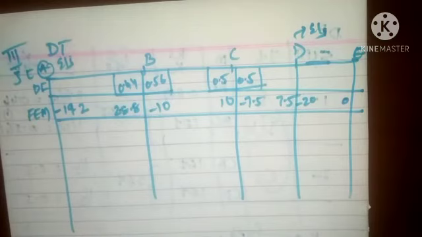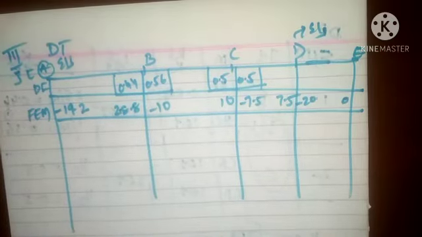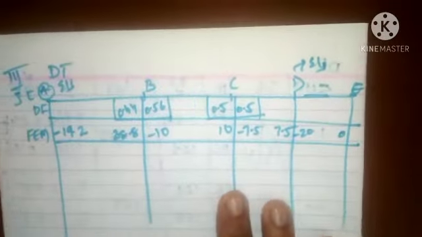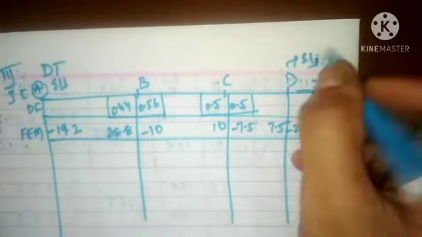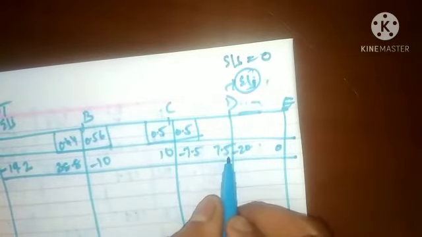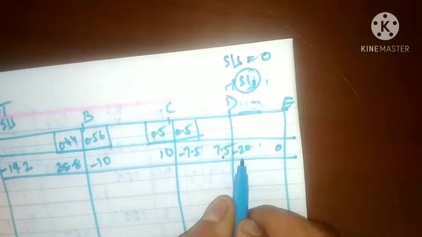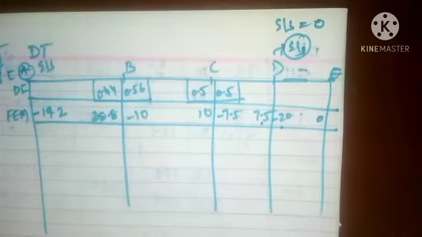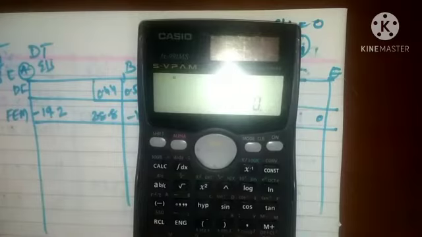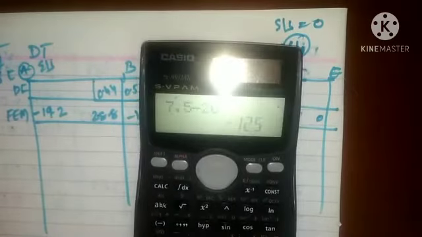Before continuing with the calculation, if a support is fixed, there is no worry, we can straight away continue with the balancing and carry over process. If the support is simply supported, then we need to do a balancing exercise, that is, we need to release the moment. Here the end support is simply supported, so we need to make it 0. It is not 0 here because at one end it is 7.5, the other end is minus 20. So 7.5 minus 20 is minus 12.5, which is the unbalanced moment.